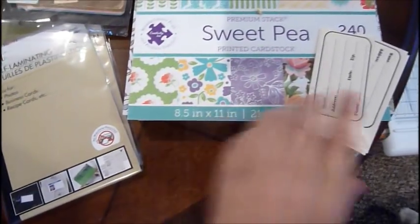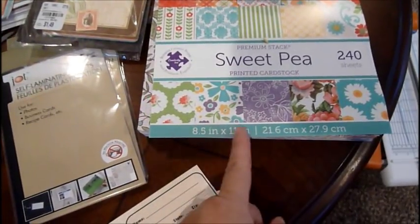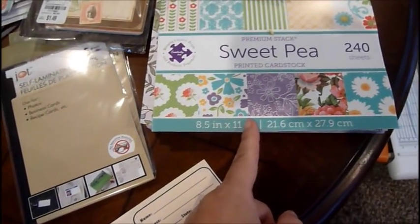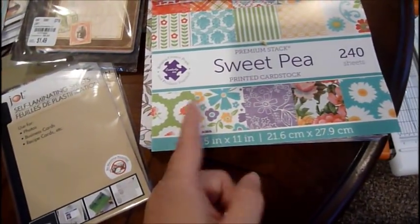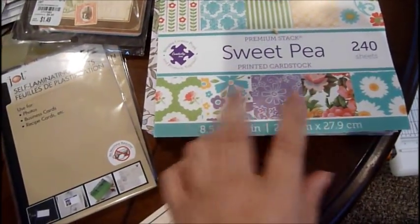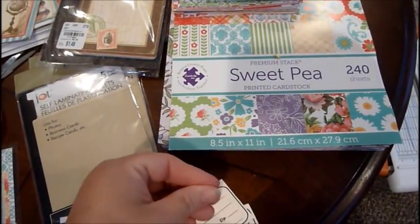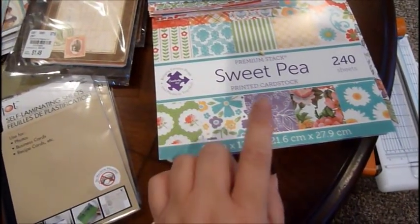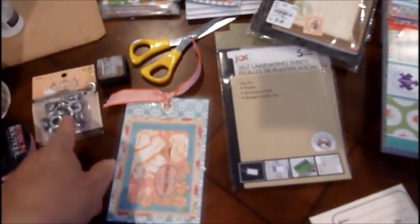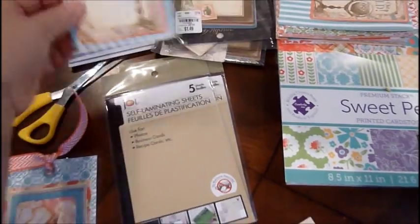The next thing you'll need is paper. I'm using my 8.5 by 11. I'm actually cutting it at 3.5 and then I'm just folding it in two. So 3.5 and 3.5, you get about 2 sheets, and you're cutting it long ways because you want that 11-inch so you can fold it in 2. So that's how I'm doing that part. So you're going to need paper, lamination, your eyelets, and some cards, or you can do this with any kind of